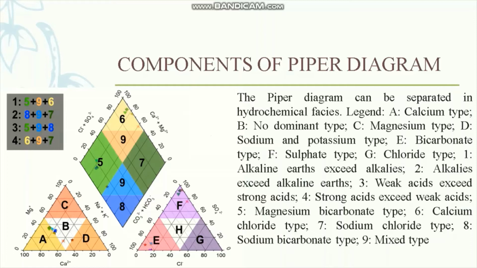When you are plotting your data in the diagram, you have to explain in this manner: what are the samples, how many samples fall under which category, under which anion, under which cation, or mixed. Those things you have to explain in your diagram. Through this specification, this chart and detailed explanation, you probably understood how to explain your diagram. With sample ID, you have to show inside. In our later slides, we will see step by step how to explain. So let's go to our next slide.